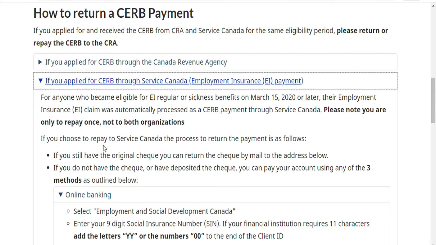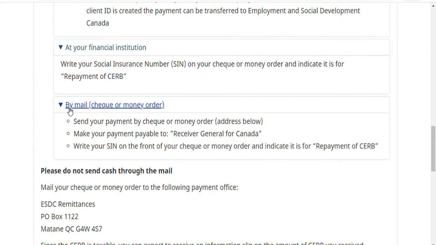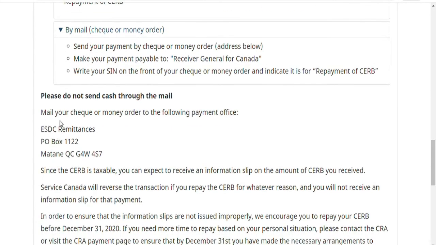Now, if you choose to repay to Service Canada, the process to return the payment is as follows. If you still have the original check, you can return the check by mail to the address below. So here is the address. You mail your check or your money order to the following payment office: ESDC Remittance, PO Box 1122, Martin, QC, Quebec, G4W4S7. Okay,